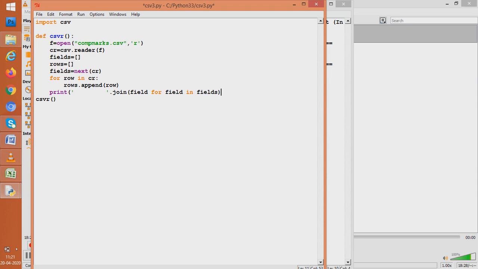Field gets everything in fields one by one, because fields is a list and we are saying for field in fields. Whatever field gets, we want it to join, but with a gap of 10 spaces. See how it works. Earlier we wrote only print fields. Now we are trying to make it formatted. So we wrote field, but to be joined with how many gaps in between? 10 gaps. So let us see how it works.